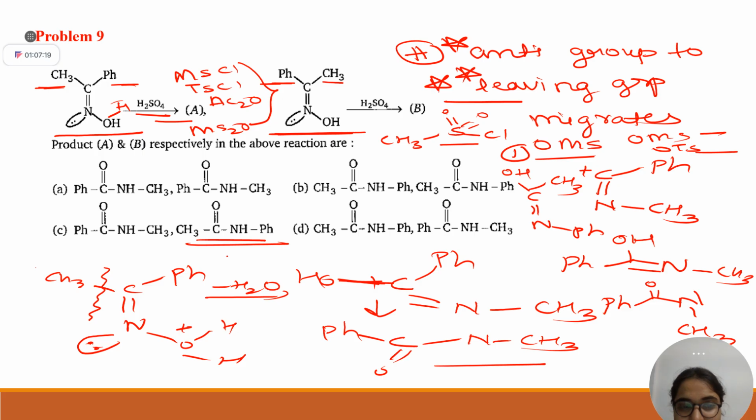Okay, okay. I have observed the options properly and then got my answer. See, you have to look at the options very carefully, okay? Because all options look similar. But you have to see that nitrogen should be connected to Ph in B, and here there should be CH3CO, right? Yes, ma'am. Similarly here, which group is anti to OH? CH3. So nitrogen is connected to that, and PhCO. Yes, ma'am. Clear? Clear, ma'am. Good. Very good. Can we move ahead?